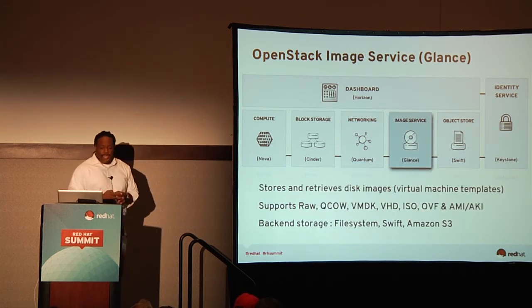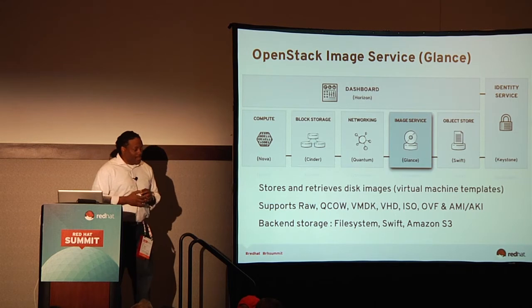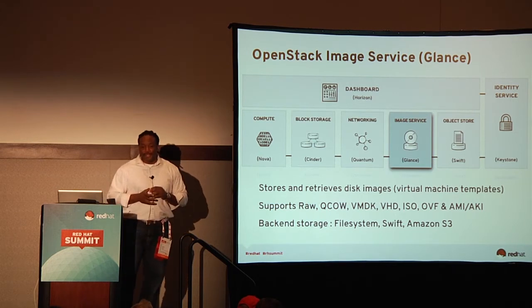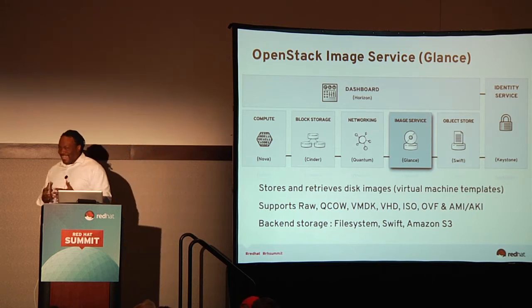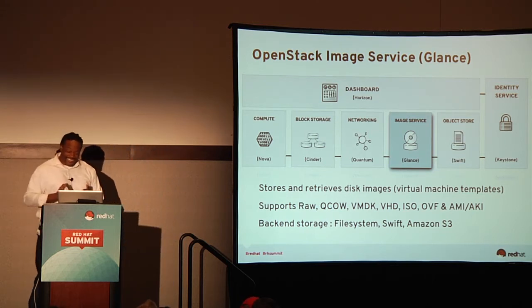So next up is Glance. This is the image service. Now this is pretty funny. When I first got into OpenStack, I looked at Glance as the image service and I said, why would I need a service to serve up JPEGs and PNG files and such? Like, there's a lot of guys working on this. I say, this is really not that hard.